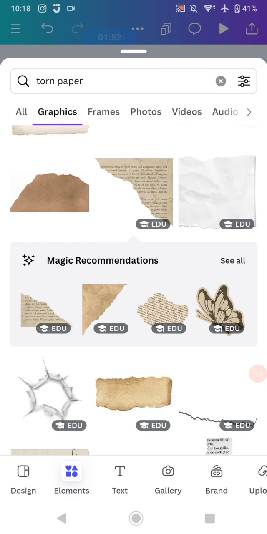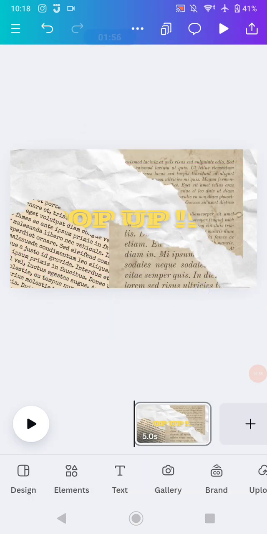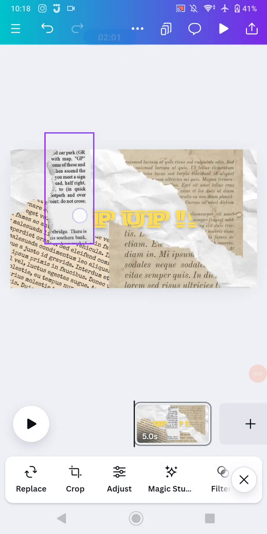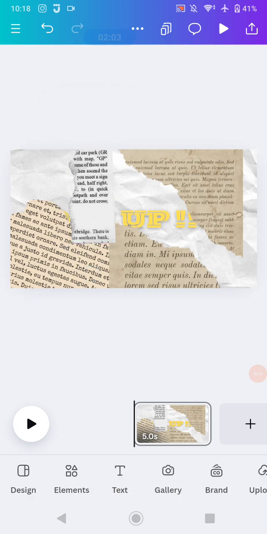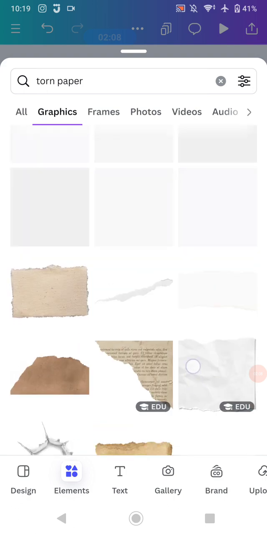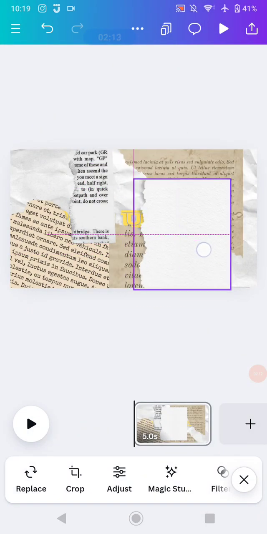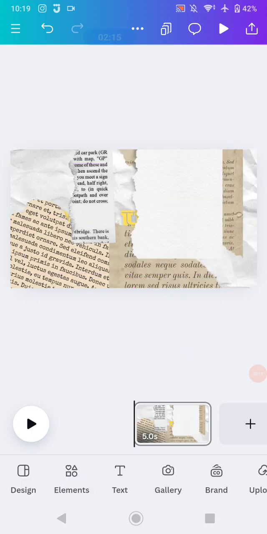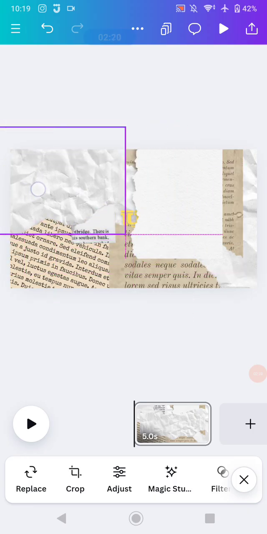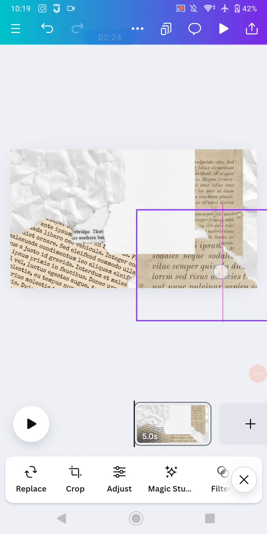Adding it again, this one, again, and I think this one is good. Okay, again. So where is it? Which one with? Okay, I think I'm adding this one too. And again, make sure you're adding it until it looks like it's covering all of the text, like this and